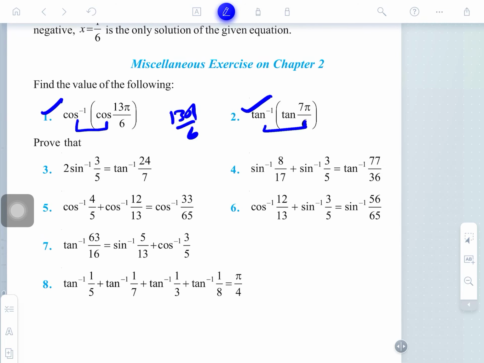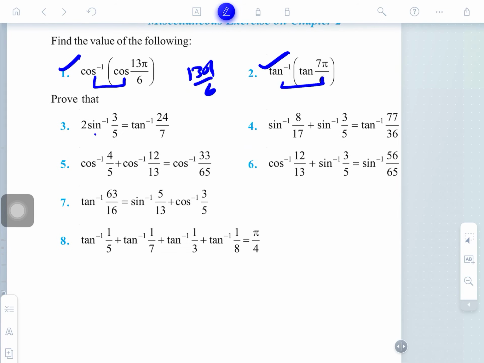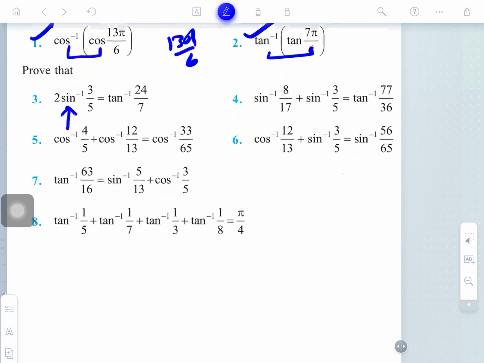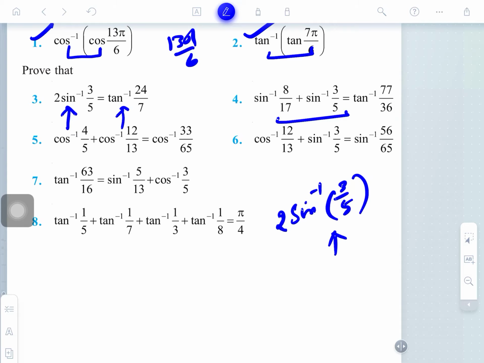Second, can you solve? The same method is there. Third, the 2 sin inverse 3 by 5 is to be solved first. You will bring this as a tan function, and then solve either side. Is that clear? And the second, the same also, I told you the method here. So you will solve up to the 6th question here.